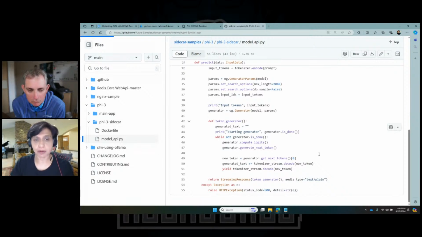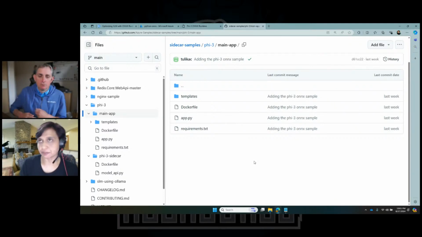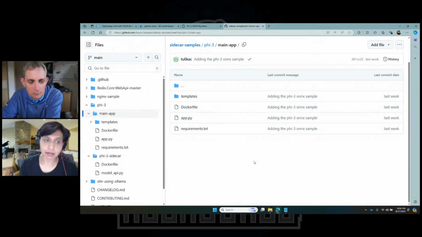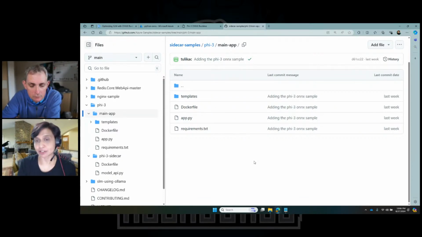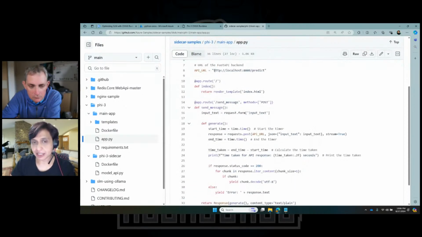And I can go to my main app, and I containerize the main app. Remember, I mentioned that right now the feature is only available for custom container apps. We are working on code-based examples as well, but right now it is custom containers. So I had to containerize my main app. And in the main app, all that I'm doing is specifying the API URL that I want to call, which is predict, the method that I defined in my model API.